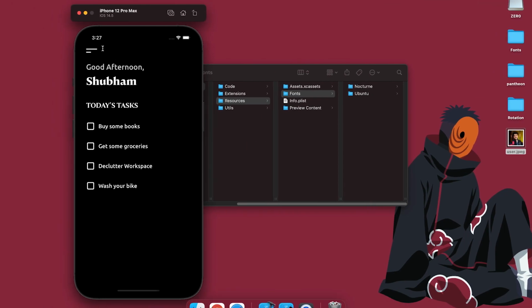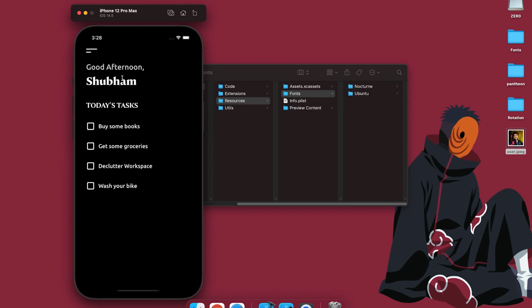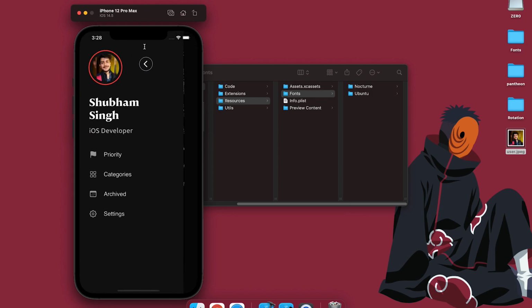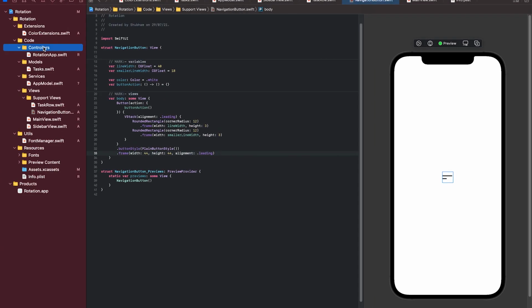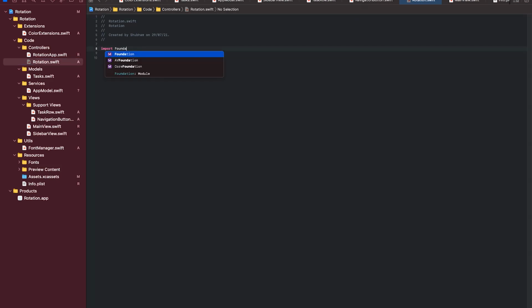So before we start working on the main view, let us talk about the rotation logic first. So in the app we have 2 views, and when one of the views is displayed, the other one gets rotated by 90 degrees. So it would mean that each of the views have 2 states, show and hide. So let's create a file named rotation for handling these states. We'll put all the possible states inside an enum.